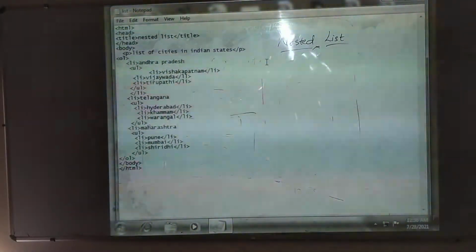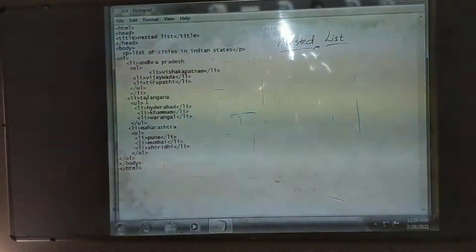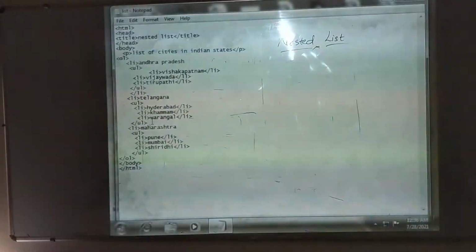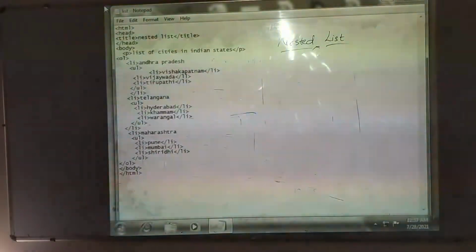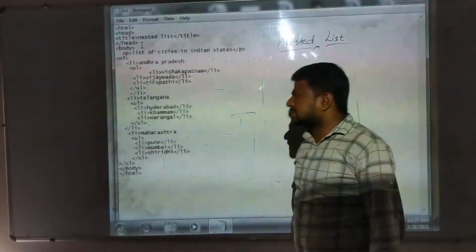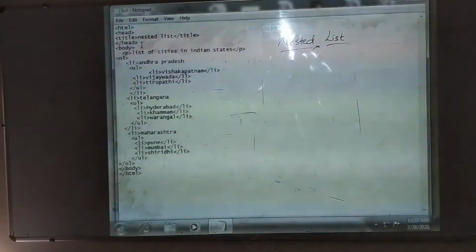So we need to close this list. Here we have closed the Andhra Pradesh list, and also we need to close the Telangana list. Okay, I am saving here. Then for the state Maharashtra, what are the cities we can write?